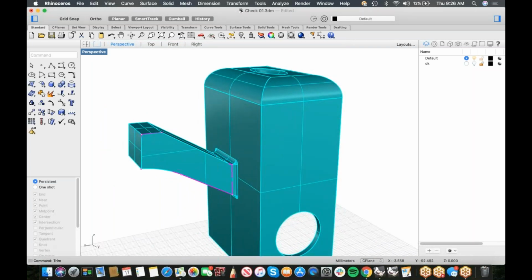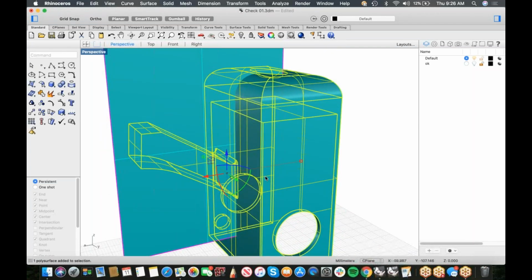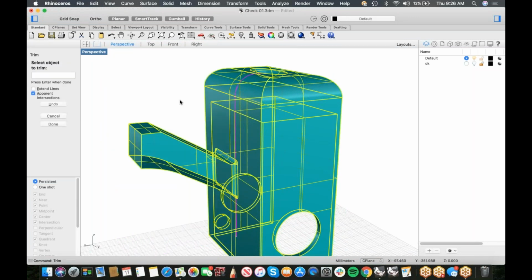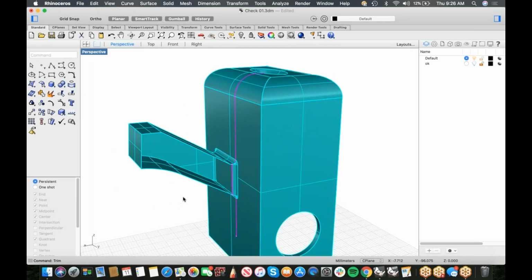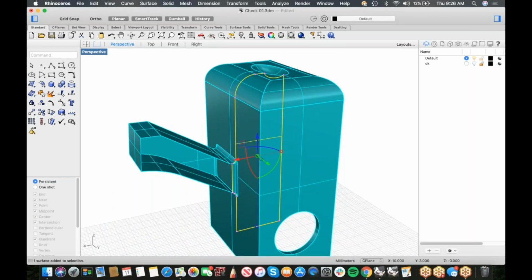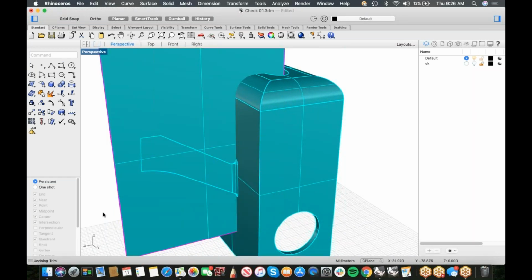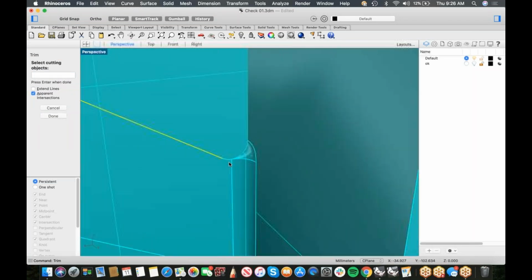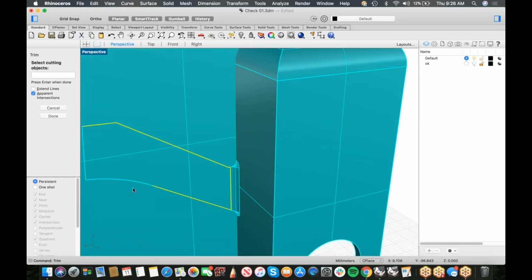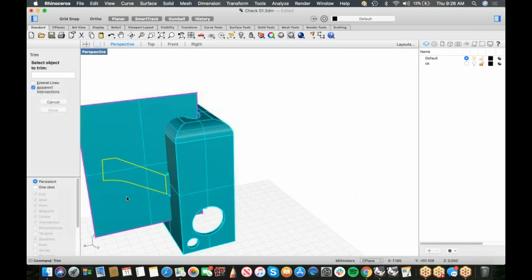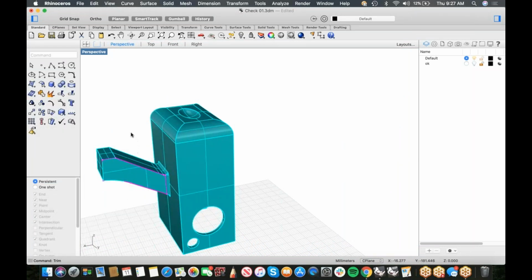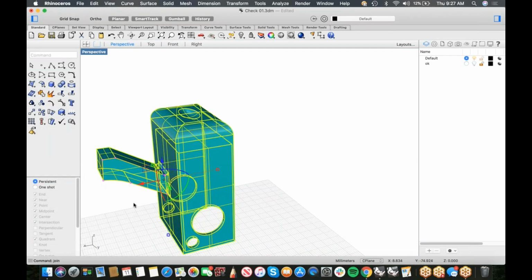Now, if I undo this for a second, if I were to try and trim this using the surface without the curve switch, it didn't work. Not only didn't it work, but it gave me completely the wrong thing. So I didn't want that. So we were going to trim, CRV enter. That switches modes in Rhino and allows you to be able to pick curves or surface edges as trim objects. That allows me to get to the right solution, join enter,